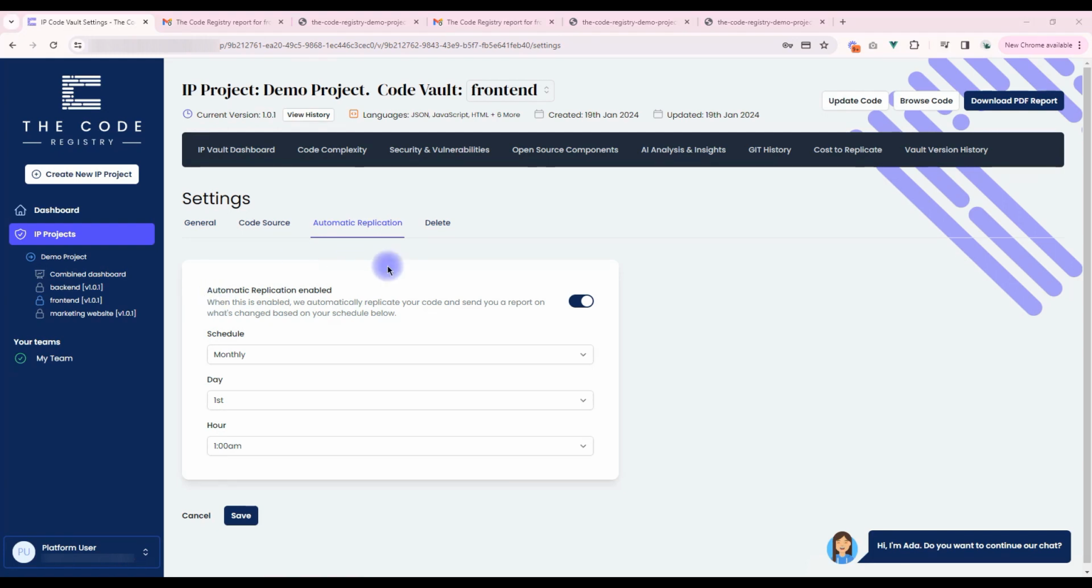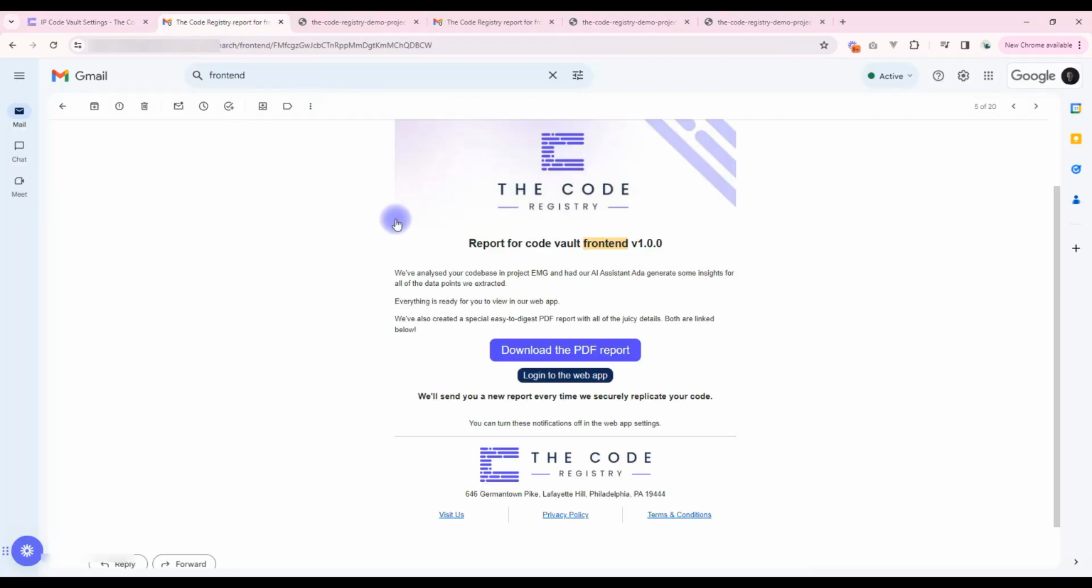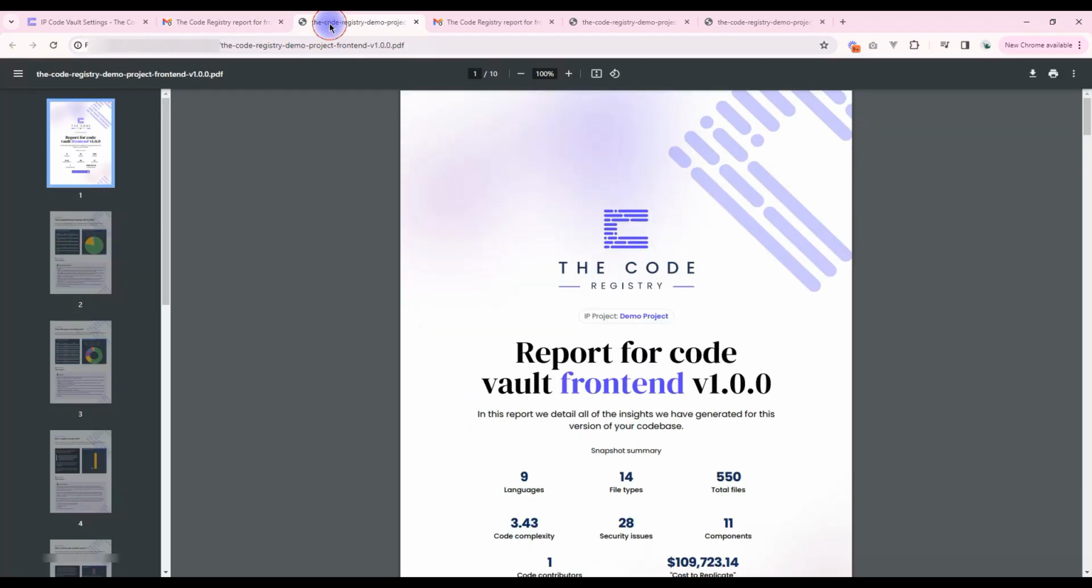When a code vault is first added, we give it a version of 1.0.0, and we automatically generate a PDF report, which is like a snapshot report of the state of the code as it stands. And we send you an email like this, so you get this automatically, roughly within 10 or 15 minutes of adding the vault. You get this for each vault in a project, and that links to a PDF report like this,